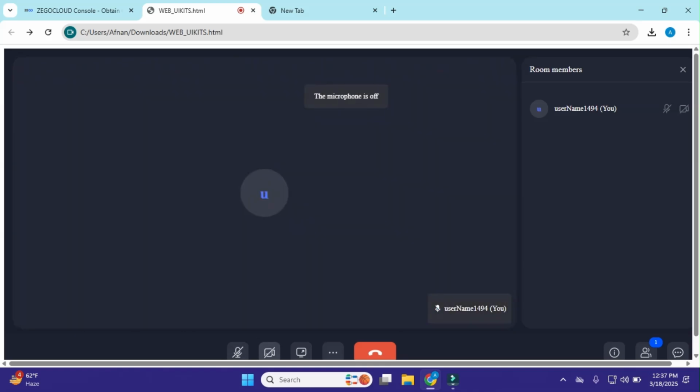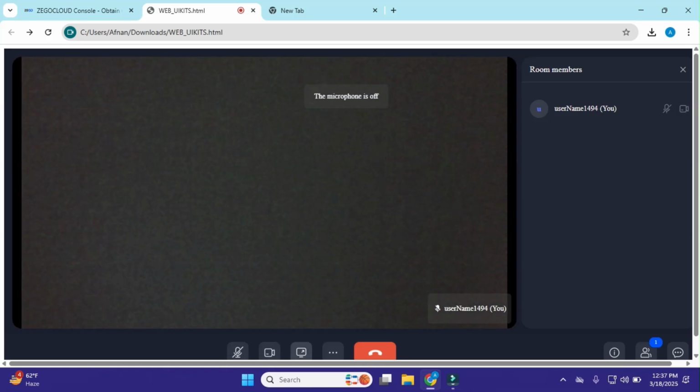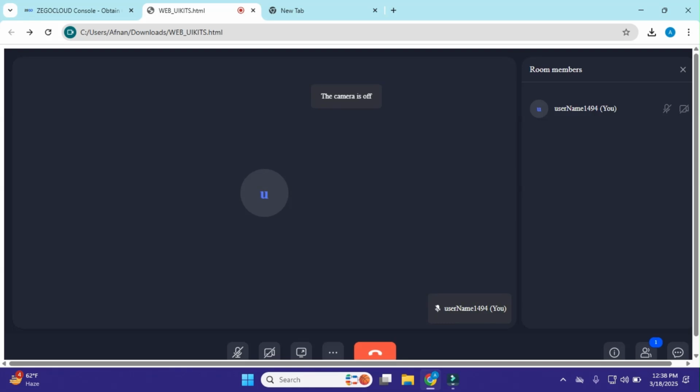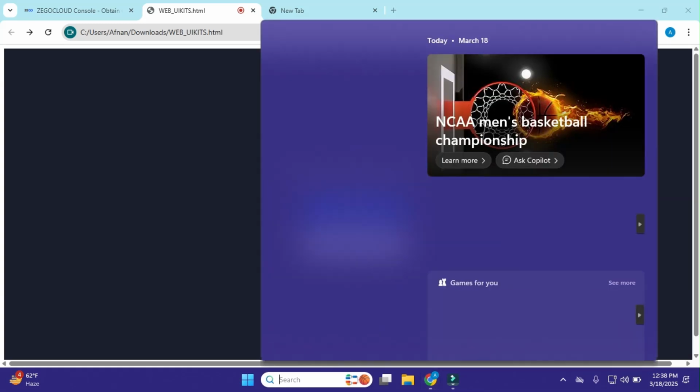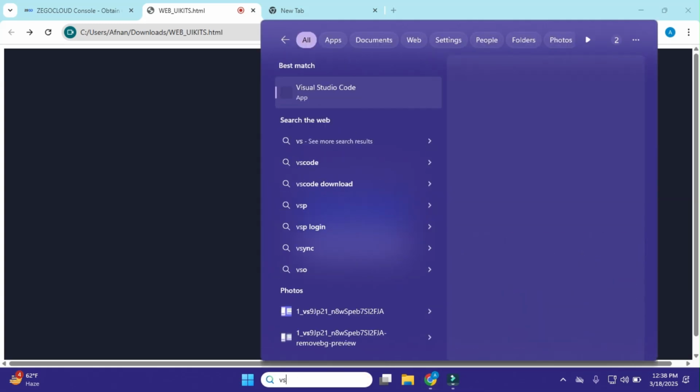Also I can turn the camera off and on. Okay, that's it. Now I'll end this, and I'll show you the file in VS Code, and then we can integrate it into our Laravel application.